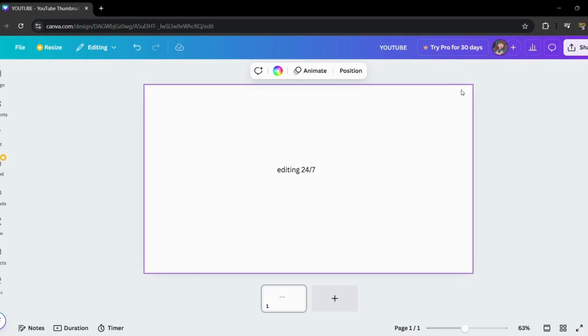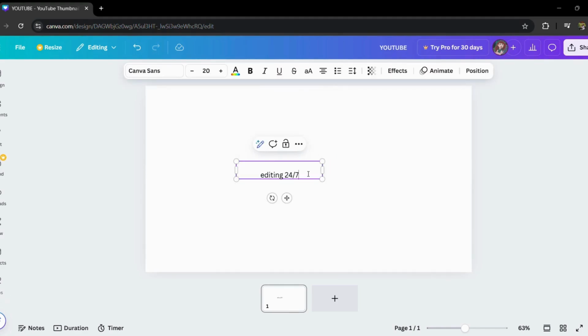So it's quite simple. I have this phrase already written here, "editing 24/7." Let's say I want to underline the word "editing." All you have to do is select this one over here. Okay, select all. Here in the top bar you can see the option of underline,